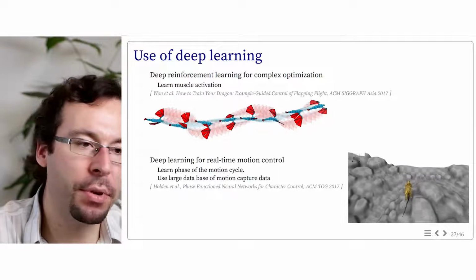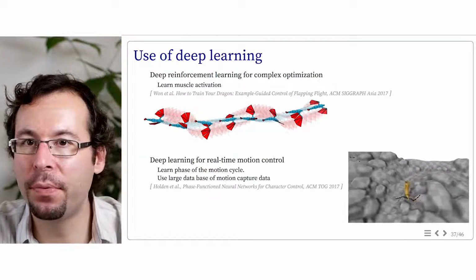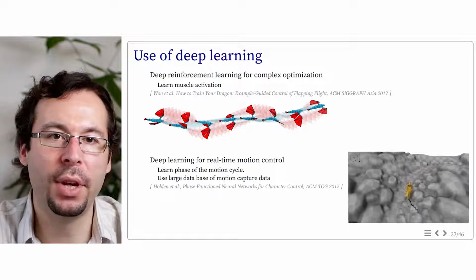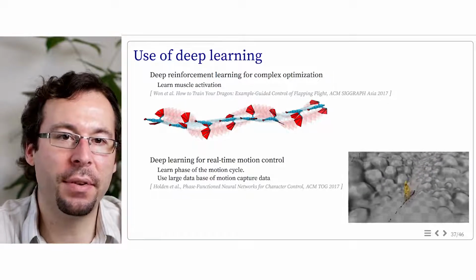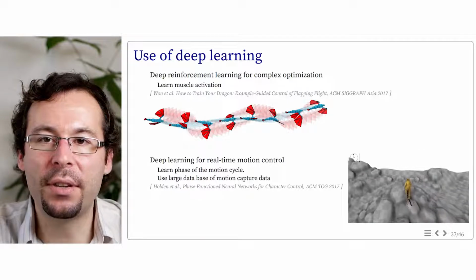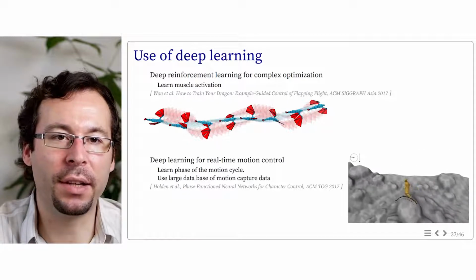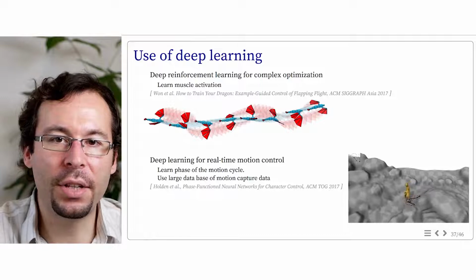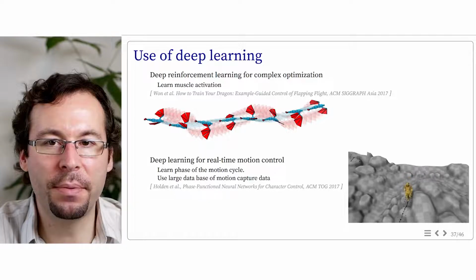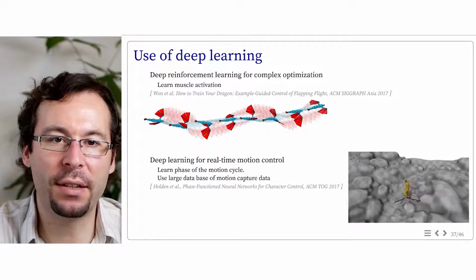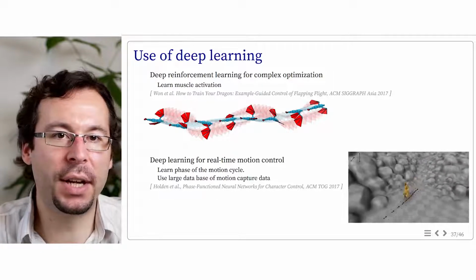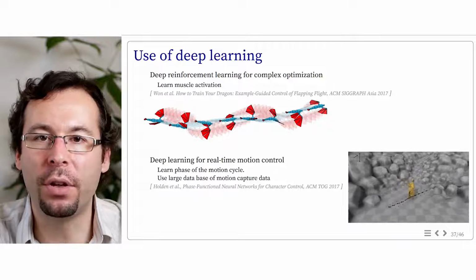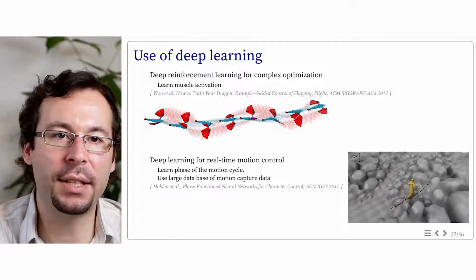When simulation is too complex or not available, brute force deep learning can also be used, and was proposed in 2017 for character animation in the context of video games. In this case, a large database of motion capture was recorded, and then learning was performed to find the best transition between all the possible motion cycles depending on the position of the terrain. Of course, these approaches are limited to the capability to learn on a sufficiently large and adapted database of motion.